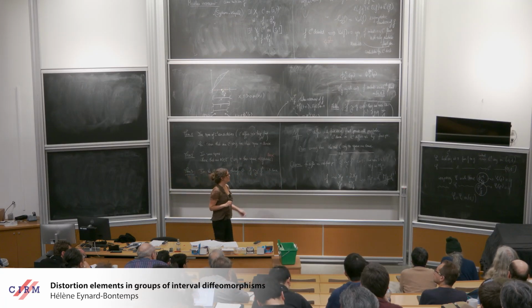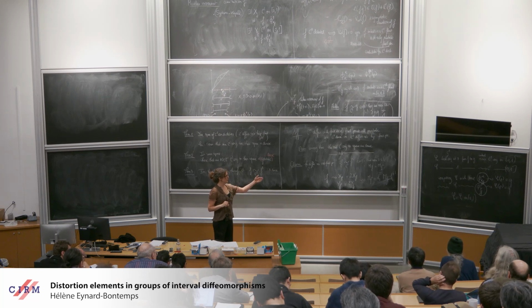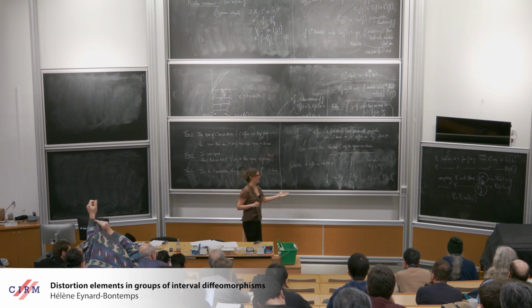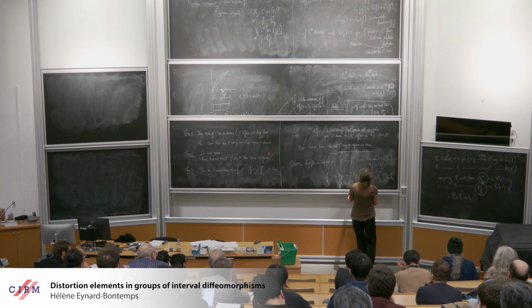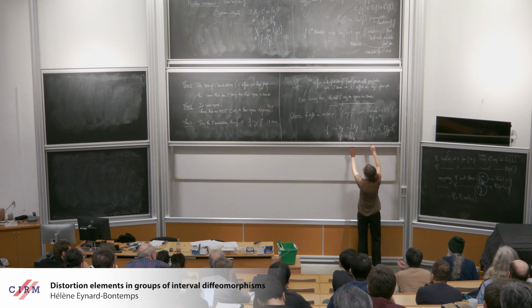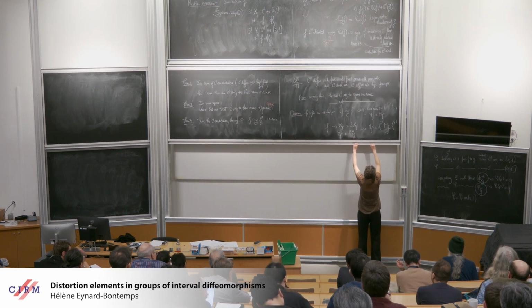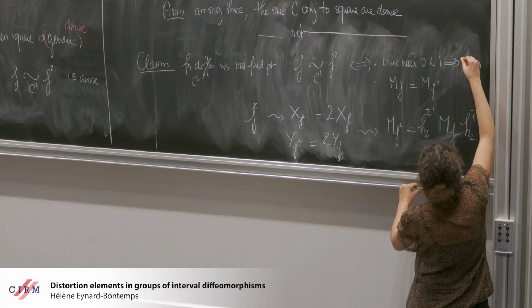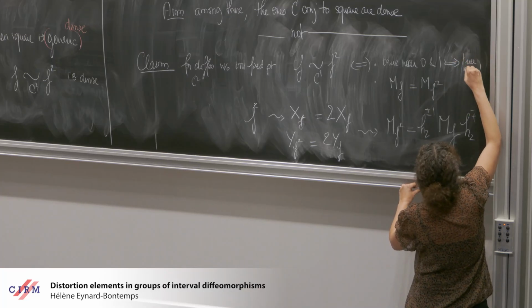And remember that the matter invariant is invariant under translation, and if it also commutes with the homothety of ratio 2, it can only be the identity. So this is actually equivalent to: they are conjugated near the boundary,